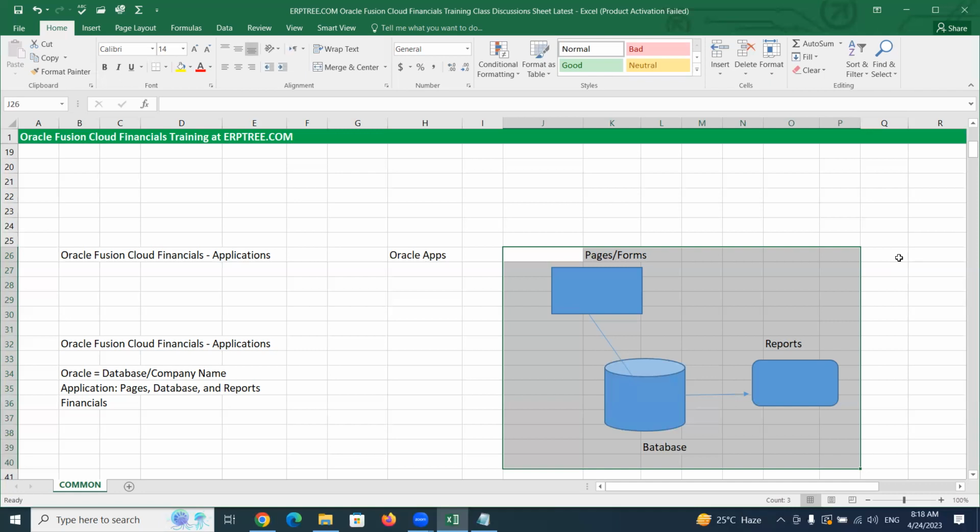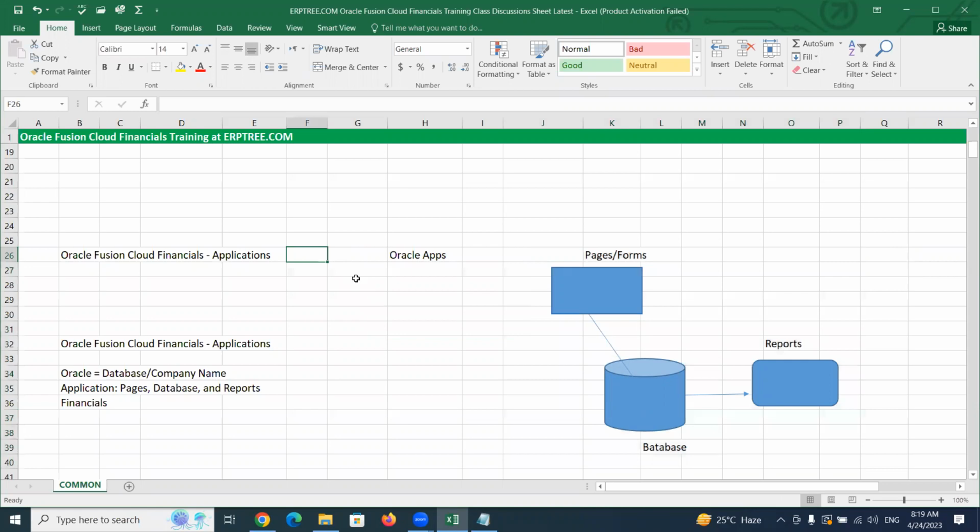If the application is developed by a company called Oracle, we call it an Oracle application. It's all about the company who developed that application. Based on the purpose also, we can name those applications, which we will see going forward. Now the simple definition: application means the collection of database, pages or forms, and reports.